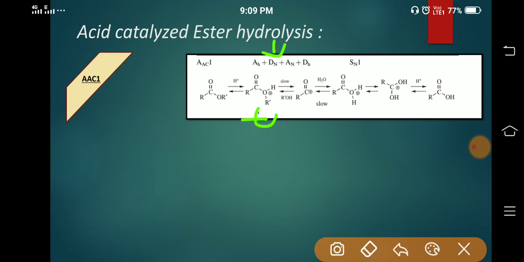nucleophile, that is alcohol. Solvents can also act as a nucleophile. Okay. So, it will lead to the removal of this acyl carbon bond breaking, to neutralize the charge on the oxygen and to generate alcohol as the first product of the reaction. This reaction takes place in a slow manner. Okay. And leads to the generation of carbocation as indicated by the first step of SN1 reaction.